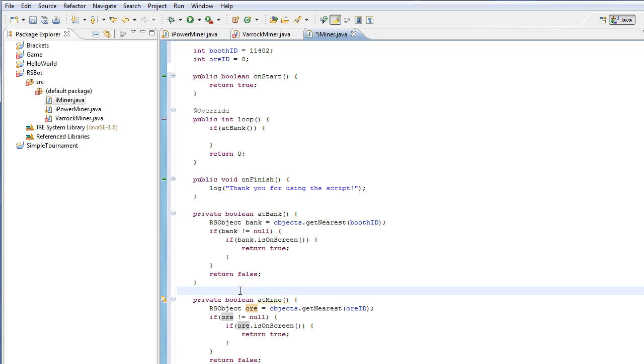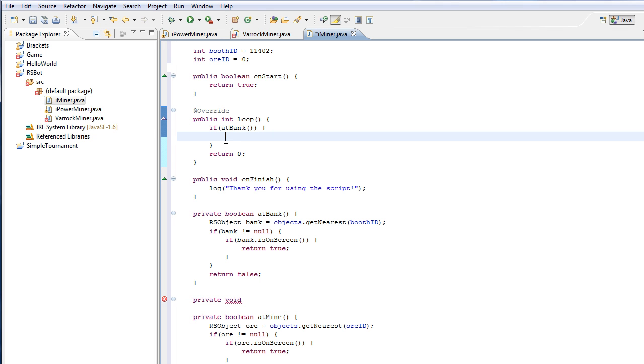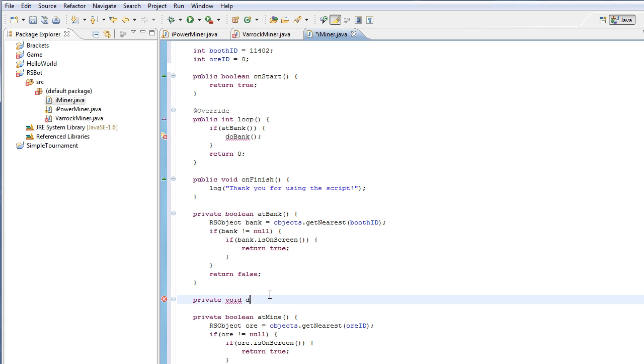Okay, so let's get into our banking method. Again, private, and now it's going to be void, because we don't need our method to return any value. Simply in our loop, we're going to say if we're at the bank, we do bank. That's it. We don't want to know if our bank method returns something, because it doesn't make sense that our bank method returns anything. There's nothing to return. So public void doBank,